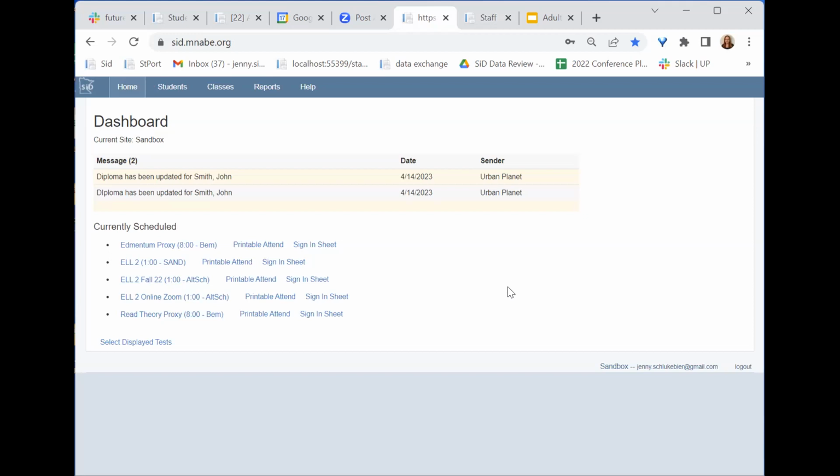Not everyone who's here today at this meeting gets the notification after something has been submitted. When MDE makes an update on that, a staff person at your program gets a notification in SID. So I just wanted to show you where that is. And then we're going to talk a little bit about who is the person who gets that notification and if it's working for everyone.